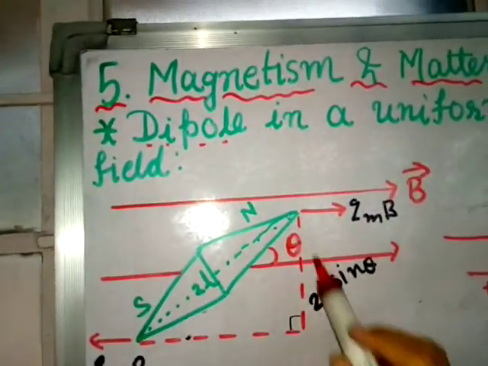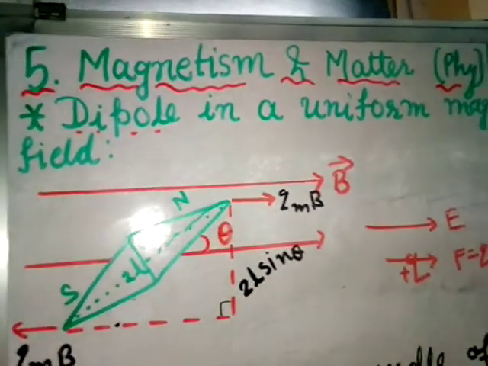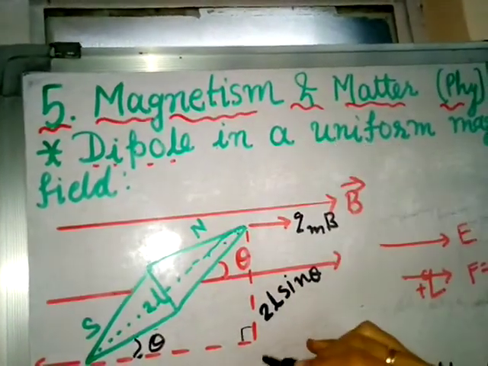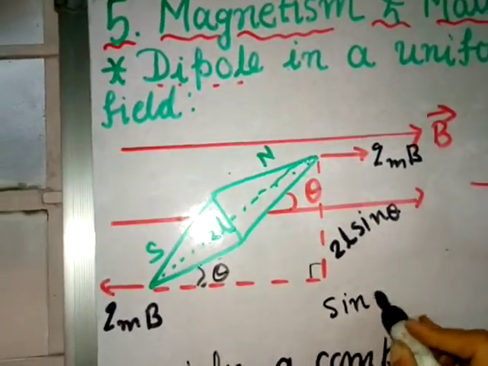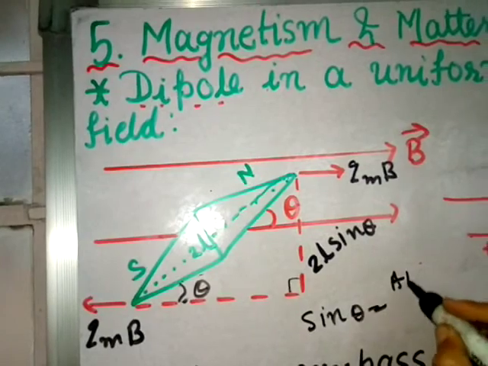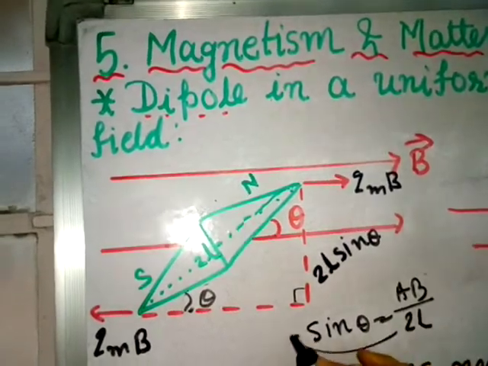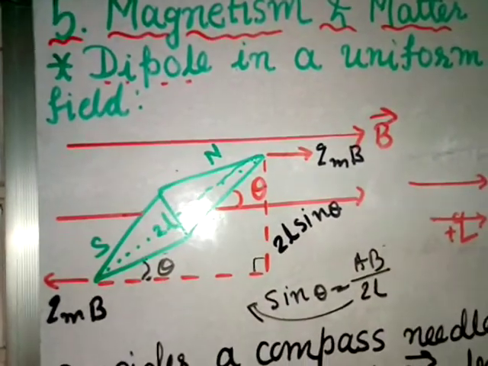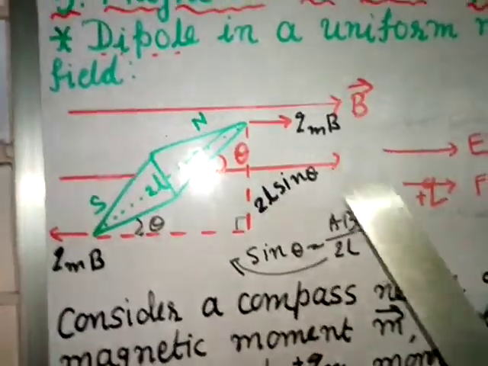How do we find the perpendicular distance? We can calculate. If I drop a straight line here, this will become the perpendicular distance. If this angle is theta, then this angle also will be theta. Suppose you call this A and this B, then I use sine theta. Sine theta is equal to the opposite side, AB, divided by the hypotenuse. This will be the hypotenuse because this is 90 degrees. So 2L. Transferring this 2L here, you get 2L sine theta. So the perpendicular distance between the two forces will be 2L sine theta using trigonometry.